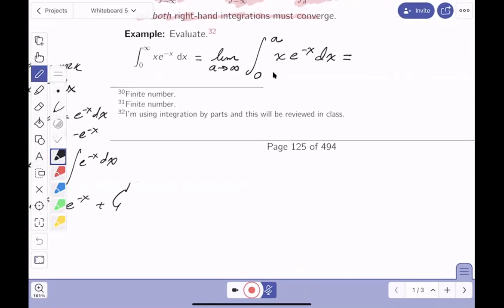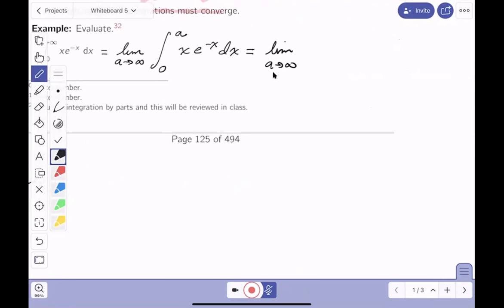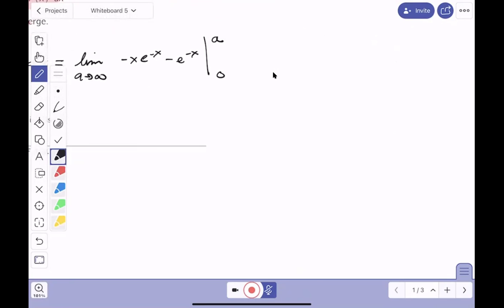Now what I'm going to do, I'm going to write down, so what do I write down? Limit as a goes to infinity. Again, I want to remind you, it's minus x e to the minus x, minus e to the minus x, limits of integration 0 to a. I'm going to write this down, making a substitution. It's going to be the limit as a goes to infinity. Upper limit is going to be minus a over e to the a, minus 1 over e to the a,